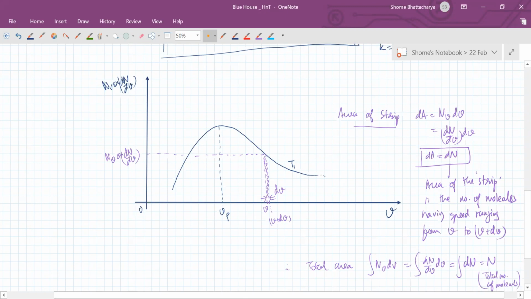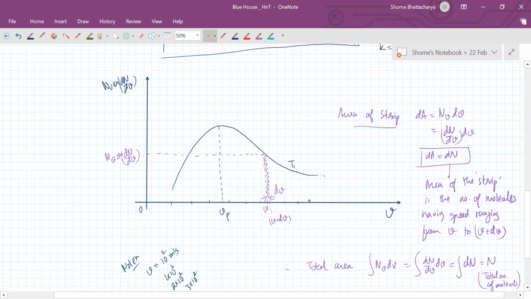Okay. That's one important thing to be able to interpret from the Maxwell distribution curve. Now, as you can see, the typical values of speed are of the order of magnitude of 10 raised to power 2 meters per second. So 1 into 10 raised to power 2, 2 into 10 raised to power 2, 3 into 10 raised to power 2. These are the type of velocities that we have here.